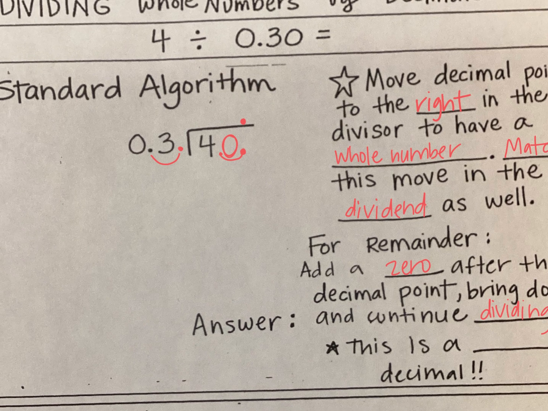We are now going to solve this problem. So we're just going to divide like normal. After I made my movement, I moved this decimal to the right until this became a whole number. But whatever I do to the divisor, I have to match that same movement to my dividend. And if I don't have a decimal, I just start at the end and then move to the right 1 place. Pop it up. So 3,